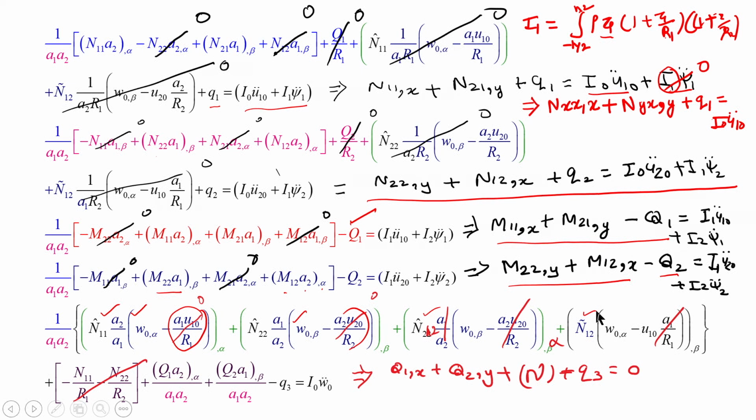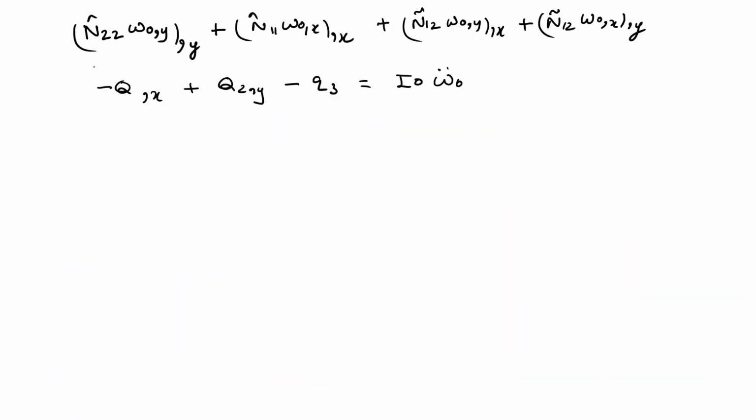So you see that in the fifth equation we will have some nonlinear contribution for the case of a rectangular plate, and these terms will not contribute, only they will contribute. So q1 comma x plus q2 comma y plus some nonlinear term plus q3 is, basically for a dynamic case, I0 w double dot. If you do not want dynamic, then you can reduce the dynamic terms also. So nonlinear contributions are expressed like this.